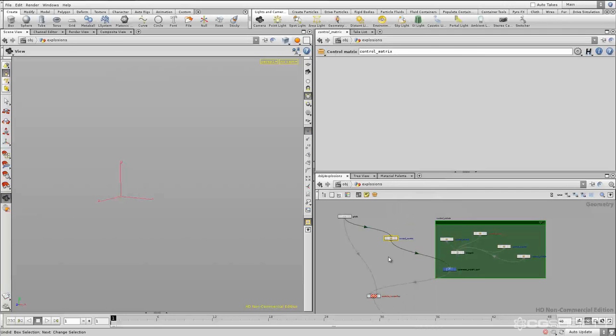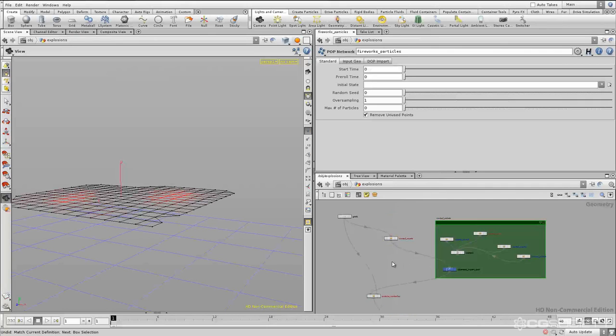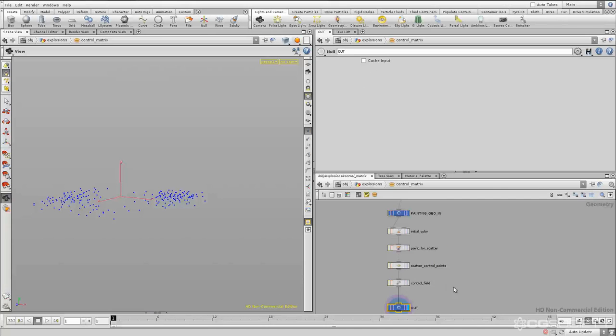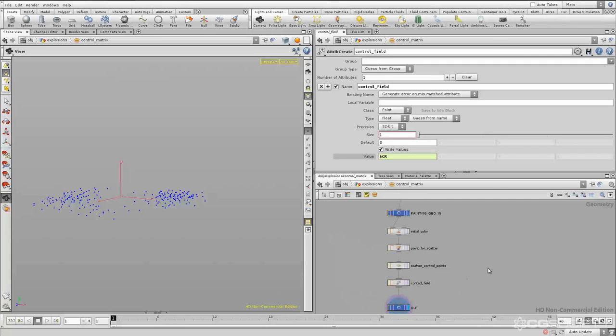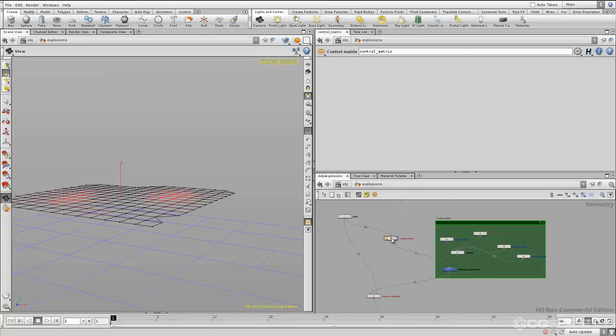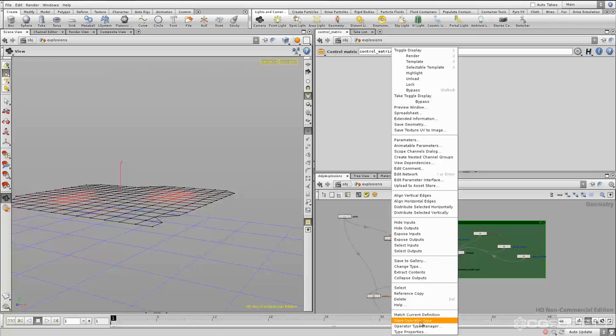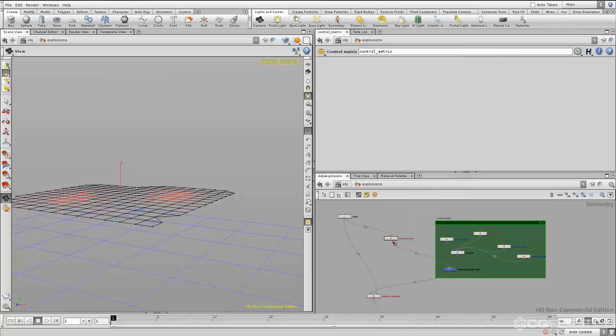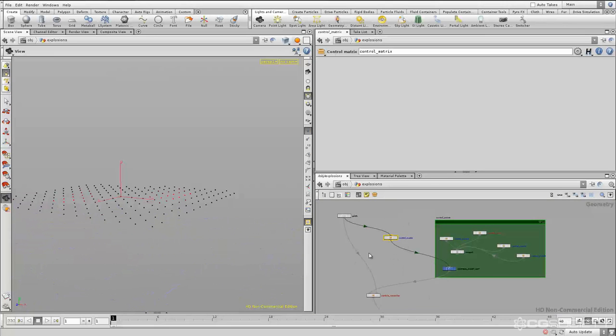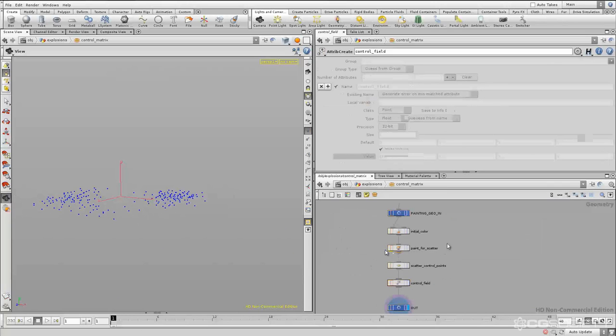So I'm just going to control Z back to where it was. Now you'll notice that my control field attrib create is in here. So let's save operator type first, then match current definition. Okay, so now this node is locked again, so we can go inside, grab the paint,